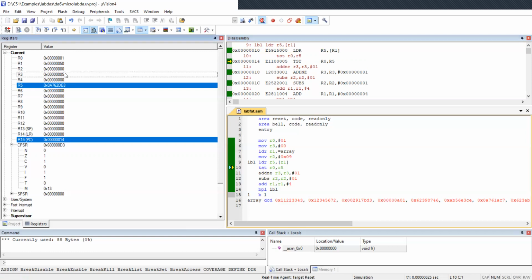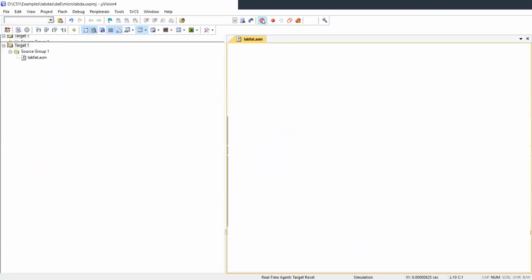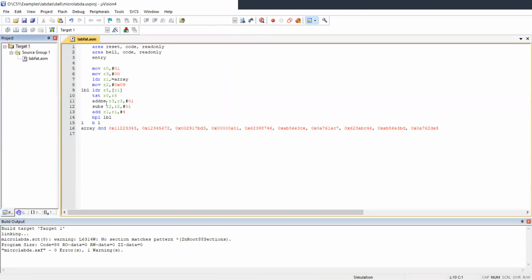As we can see here, the number of odd numbers in the array is stored in R3, which is 5. And this is the end of the execution. For the second part, we will be changing ADDNE to ADDEQ in the question, and from here my teammate Sandeep will take over.